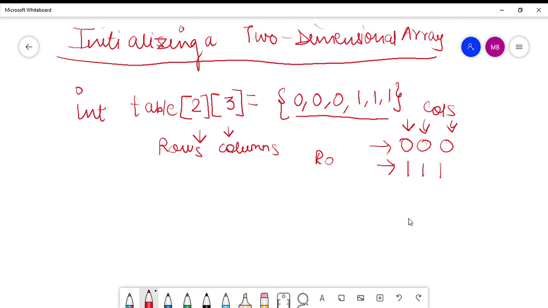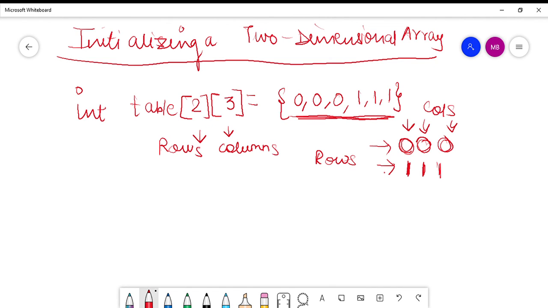So that means the first row and the first element is 0, the first row and the second element is 0, the first row and the third element is 0. Then again coming on to the second row, the second row and the first element is 1, the second row and the second element is 1, and the second row the third element is 1. So this is how you initialize a two-dimensional array.